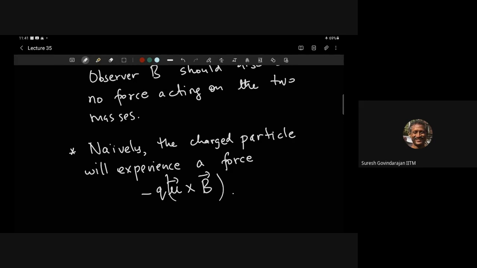Of course, the particle which has no charge, there will be no force on it. But if you just believe this, then according to observer B, there's a force acting on the charged particle and it should start accelerating and move off. But observer A sees them both just lying dead on the table and not doing anything. These two don't agree, right? So obviously this cannot be correct. This is very naive, but this can't be correct. Do you agree? Yes, sir.